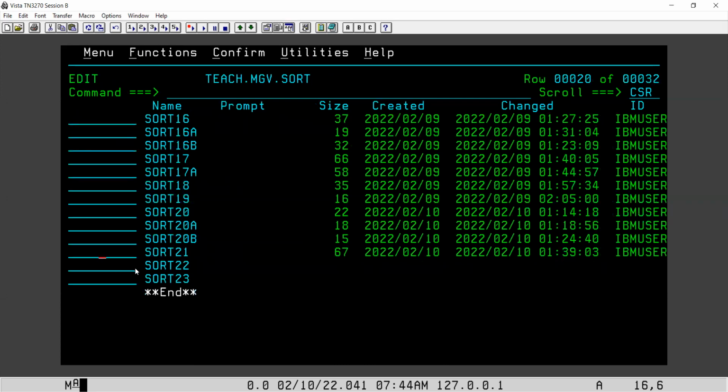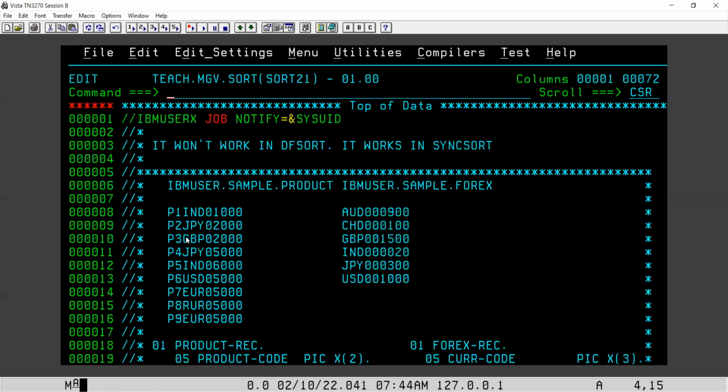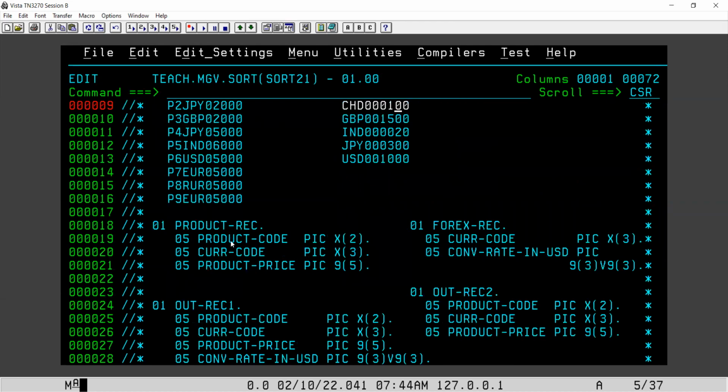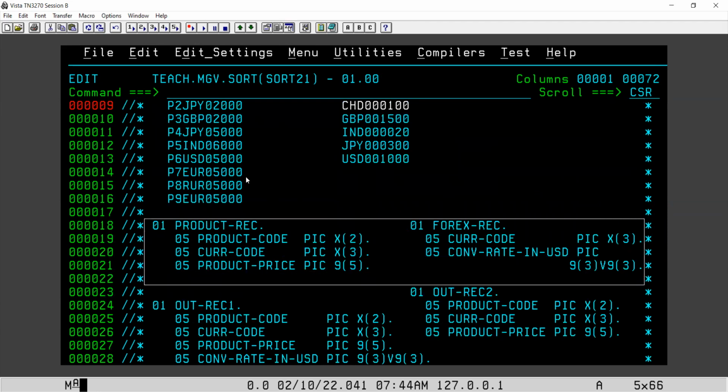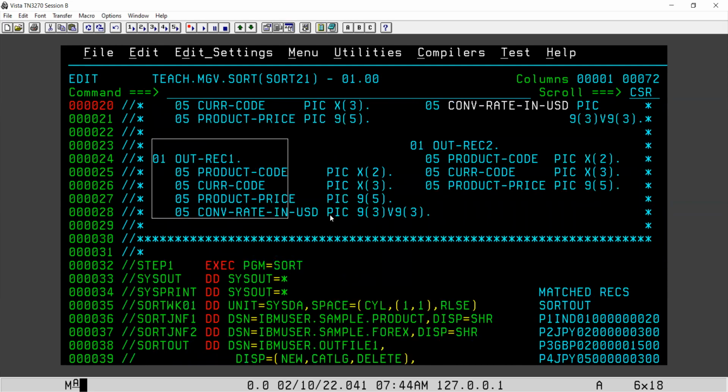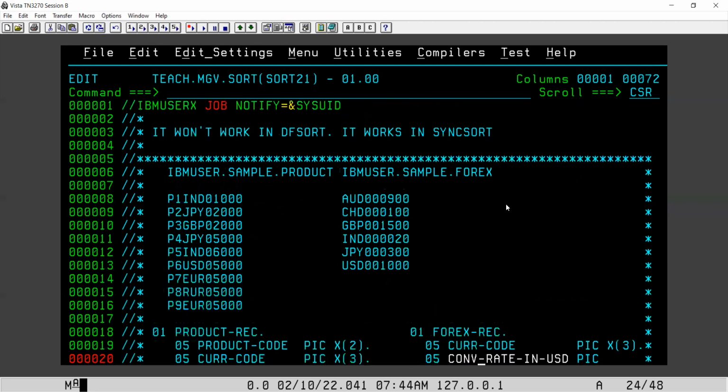Now coming to our job. We are ready with the input file, both the input files, and we are ready with the layouts as well. Actually, layouts we are not going to use, just to check these things. We are using this layout, and this is the output layout, the output layout for file 1 and for the file. Now in this job, what we are doing is